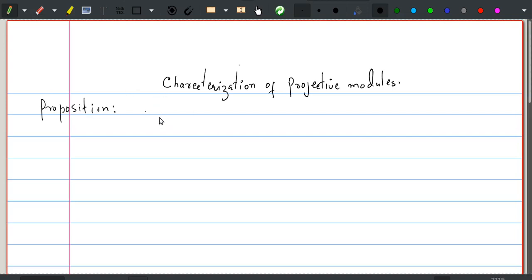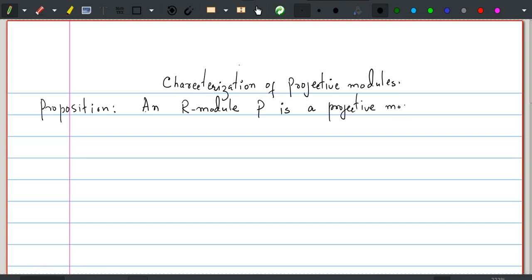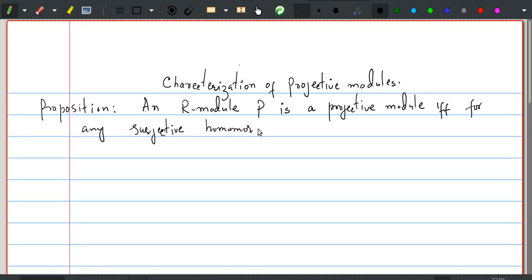It states that an R module P is a projective module if and only if for any surjective homomorphism phi from R modules A to B, where A and B are R modules,